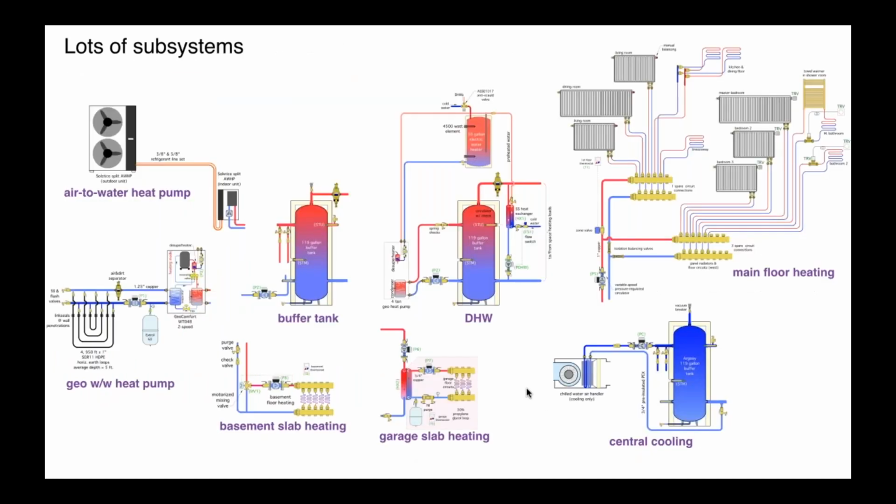Okay. Now, lots of subsystems. We've talked about pretty much everything here. And what I did, I took that overall schematic and just broke it apart. I like to do this because people get a perception when they look at a schematic that, wow, it looks complicated. How does the water know what to do, where to go? But when you take it apart, you can see these